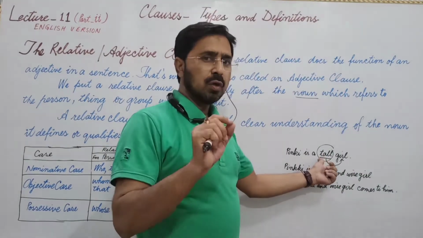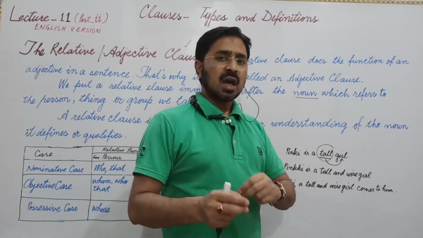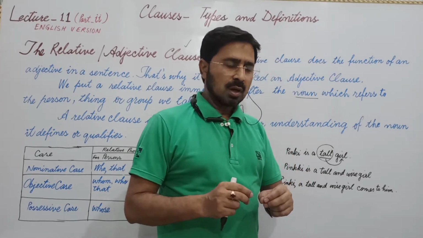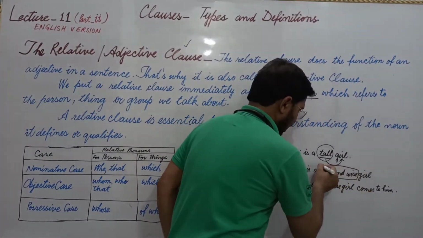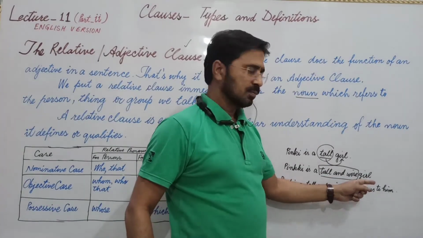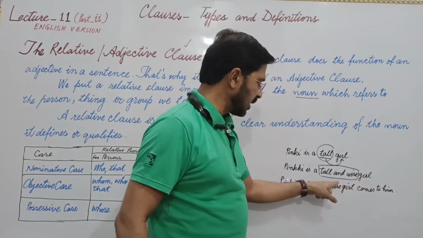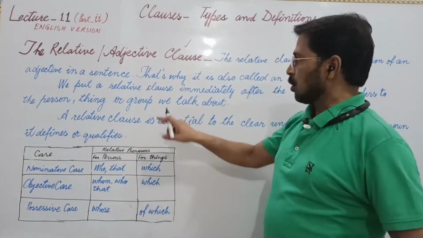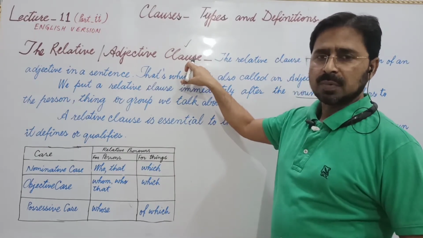If there is only one word that says something about a noun, it is called an adjective. If you have more than one word that gives the quality of a noun, it is called an adjective phrase or adjectival phrase. There are more than one words, tall and wise, and these words are describing the girl. Now it is an adjective phrase. But one more time I would like to make you recall, it is adjective clause. We haven't reached adjective clause by now.